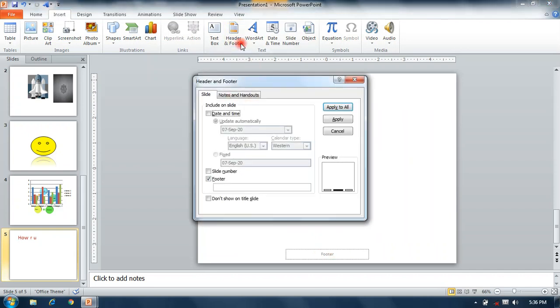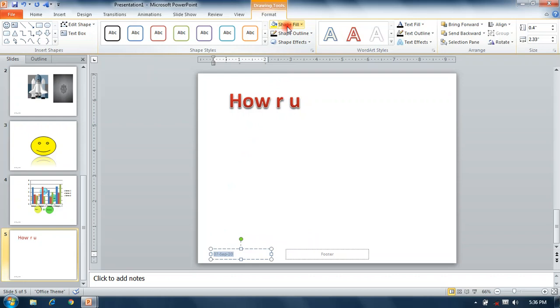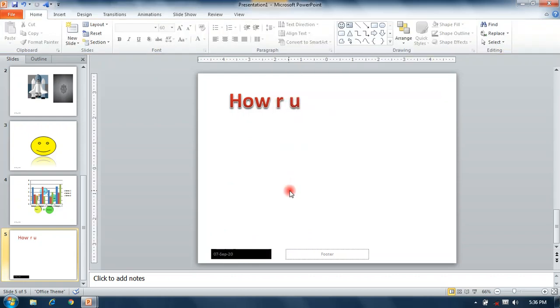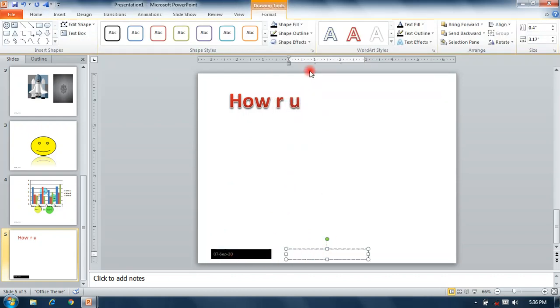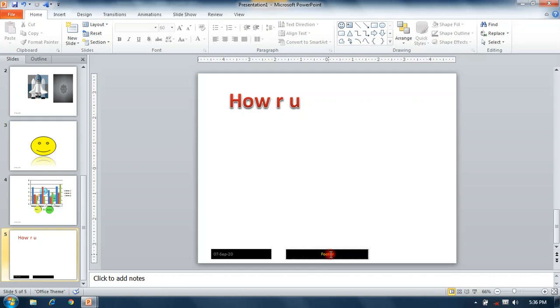It defines page number or slide number, date, extra. This is date, and this is